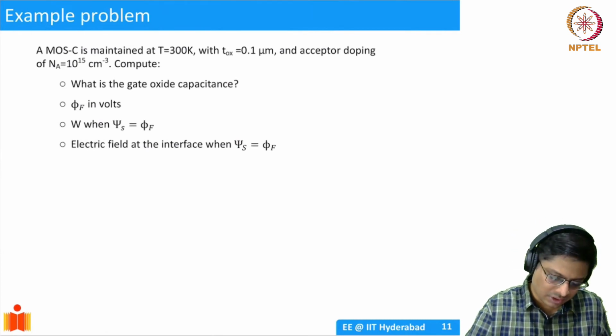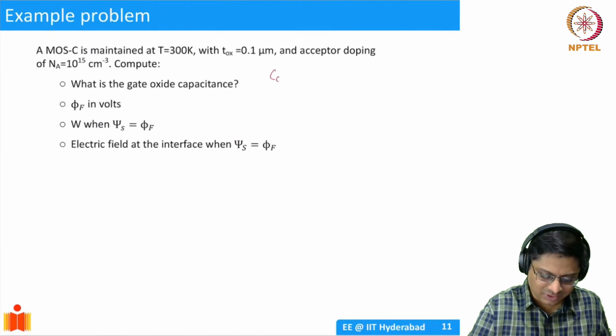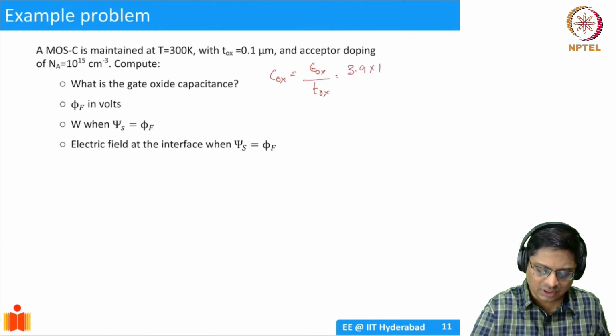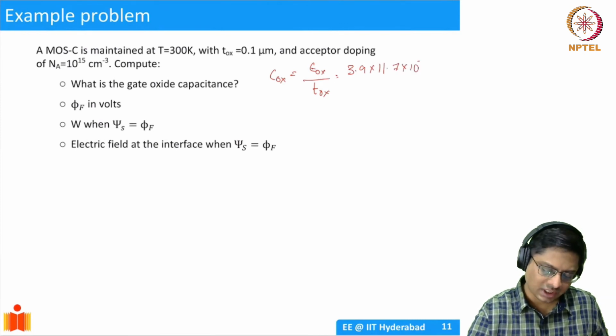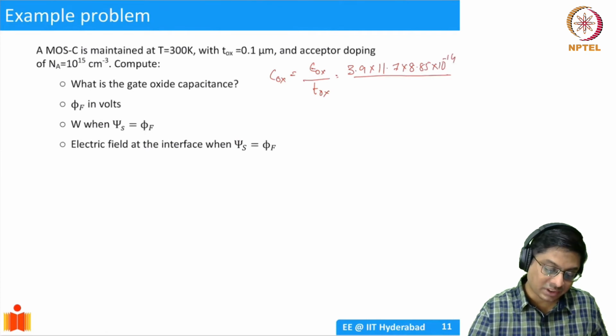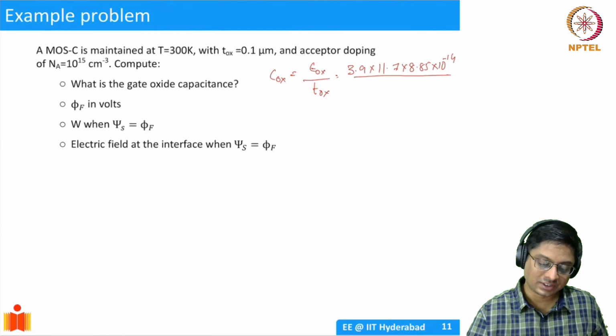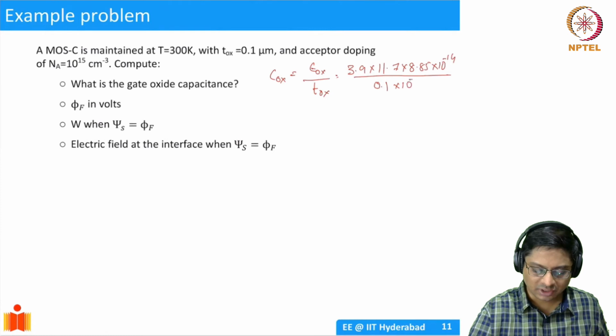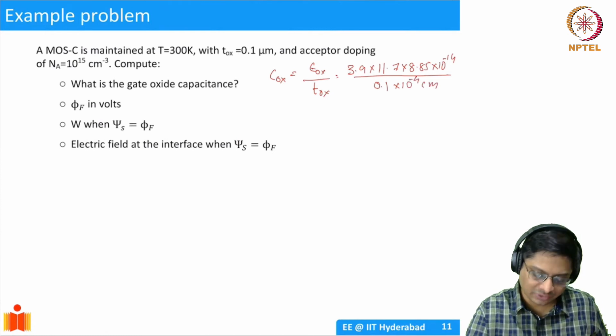Okay, so I mentioned this in one of the previous lectures. Cox equal to epsilon oxide divided by thickness of the oxide. Epsilon oxide will be 3.9 into 11.7 into 8.85 into 10 power minus 14, divided by TOX, which is 0.1 micron, but we have to mention it in centimeters. So 0.1 micron is 10 power minus 4 centimeters. So overall it will be 10 power minus 5. So this is 1 into 10 power minus 5. I can cut it out. So basically I'll have 4 into,